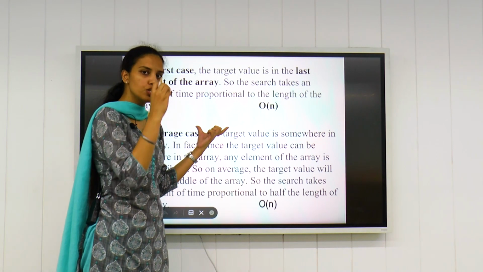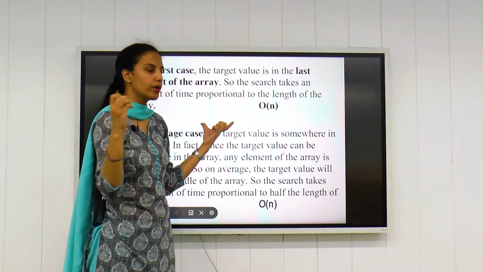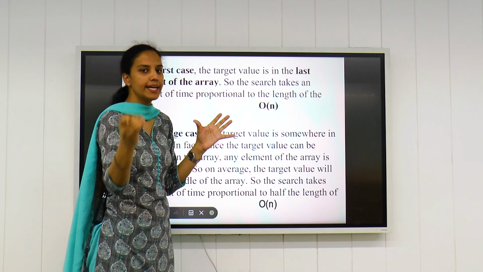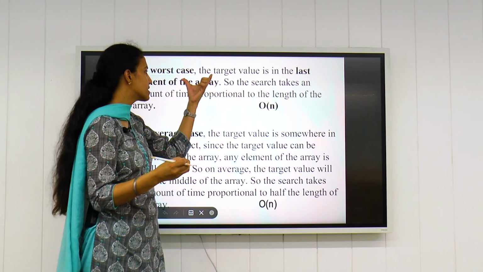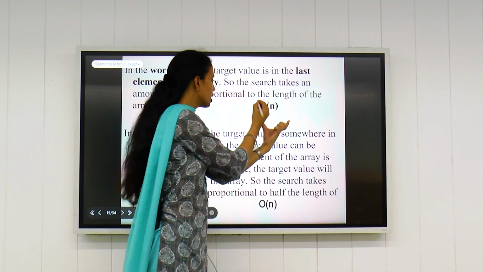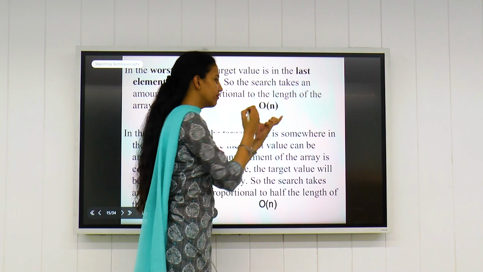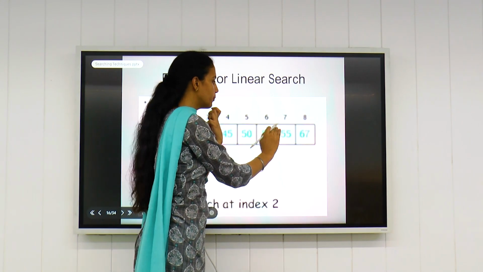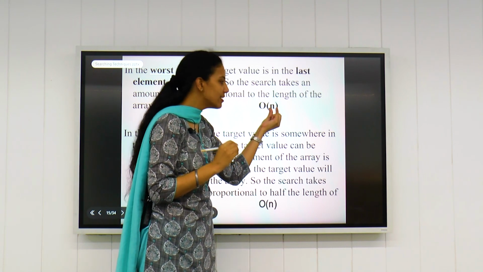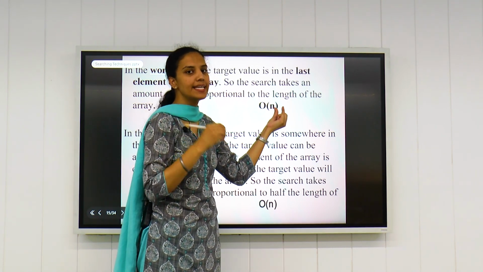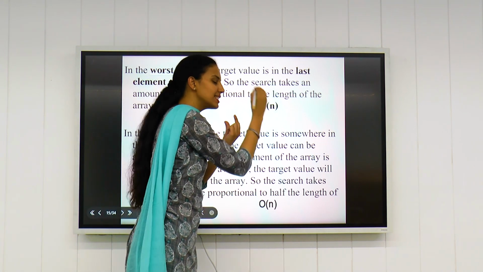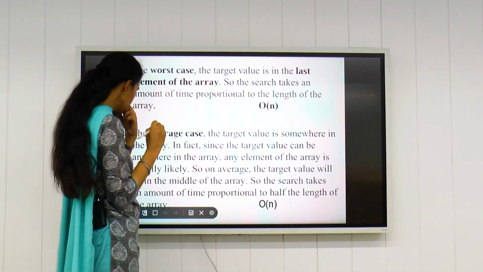In that case also we need to run our whole program for at least, suppose, 10 elements, so we need to perform all 10 operations. So that is the worst case. And for that, complexity is represented as O(n), which means we need to run all the program at least n number of times. And n is the total number of elements in our list. Suppose we have 10 elements, so here n means 10 elements.